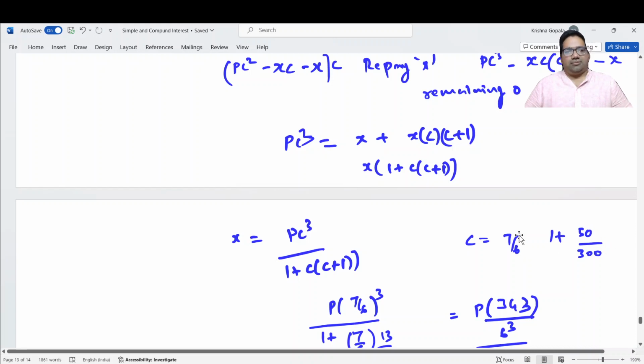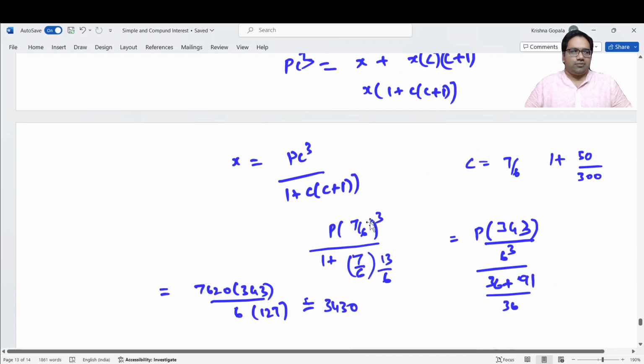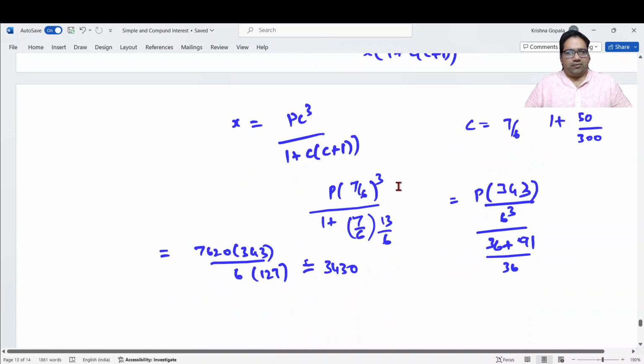Right. Now let's substitute the C, 7 by 6, in this. P into 7 by 6 whole cube equals X into 1 plus 7 by 6 into 1 plus C, which is 13 by 6. If you simplify this, P into 343, which is 7 cube by 6 cube, equals X into 36 plus 7, 13 is 91 by 6 square. Simplifying this, it will become,